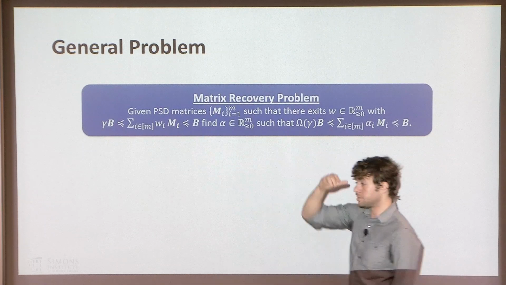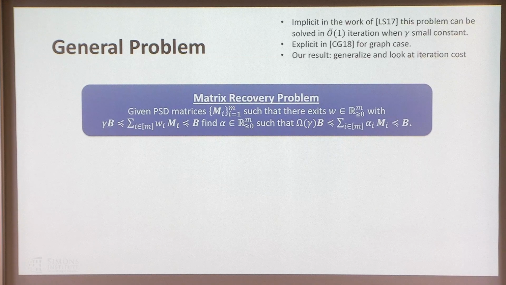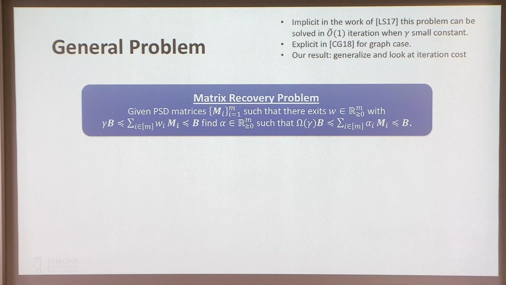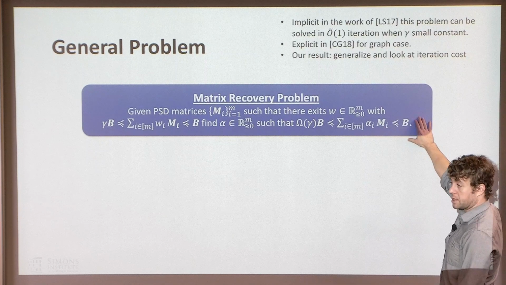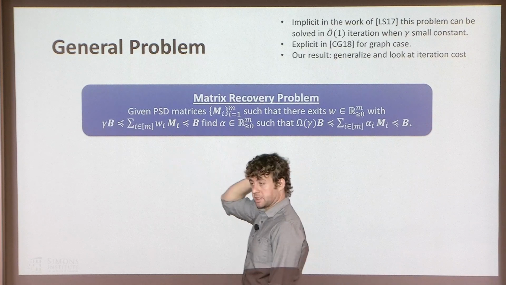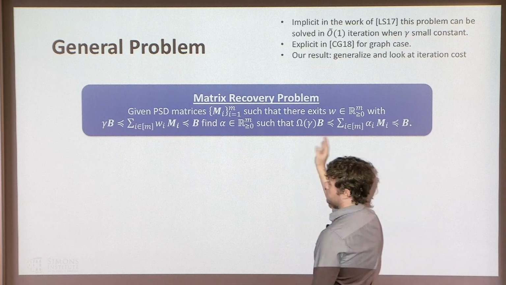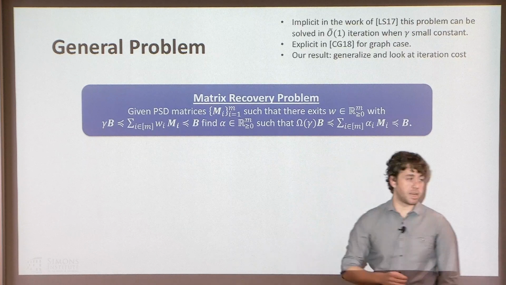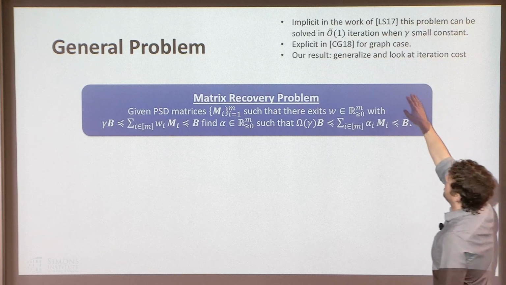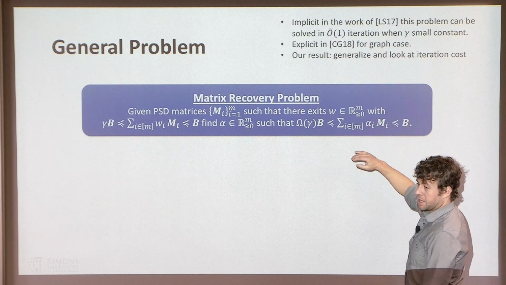All right? Now it turns out when writing this semi-definite program, it was mostly solved basically implicitly in some very cool work of Yuntat Li and Heesun. They gave an algorithm that actually solves this problem in a polylogarithmic number of iterations, in the case when gamma is very small, like a sufficiently small constant. Right? It's a very powerful result that you can solve this problem fast at all. It works by using packing, covering, semi-definite program solvers in another iterative framework that's kind of cool. This problem was also written out explicitly in the Laplacian case and solved in some other